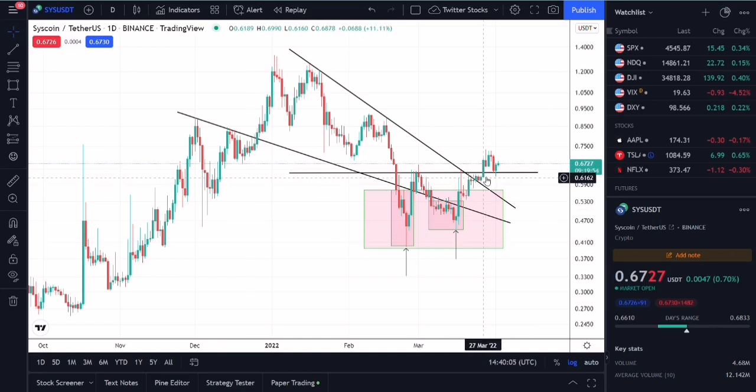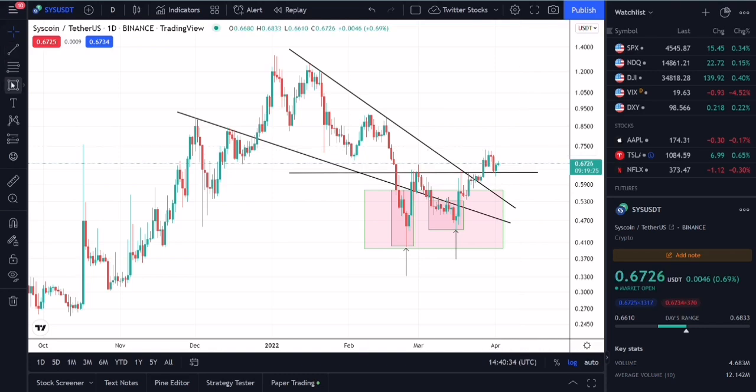Now we saw a breakout and a very strong bullish candle during the breakout, and also heavy volume accompanying that breakout. And secondly, we also had a retest of this support level. Now, as you know, whenever a resistance level is broken, it flips into support, and that's what we saw. We saw a breakout and then a retest of support, and now we are slowly moving higher to retest this